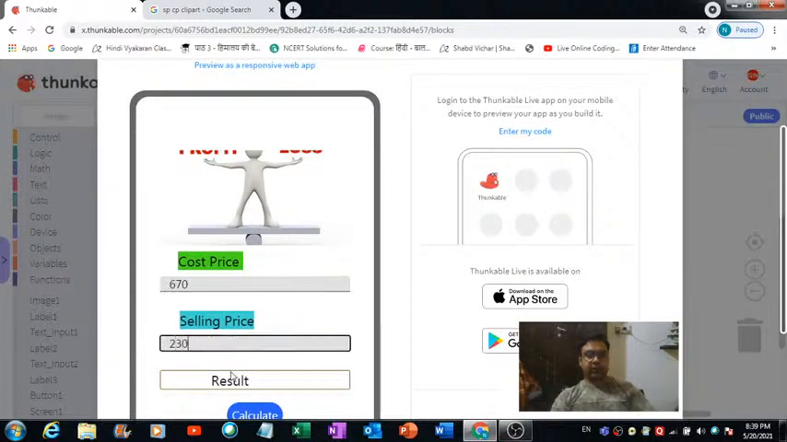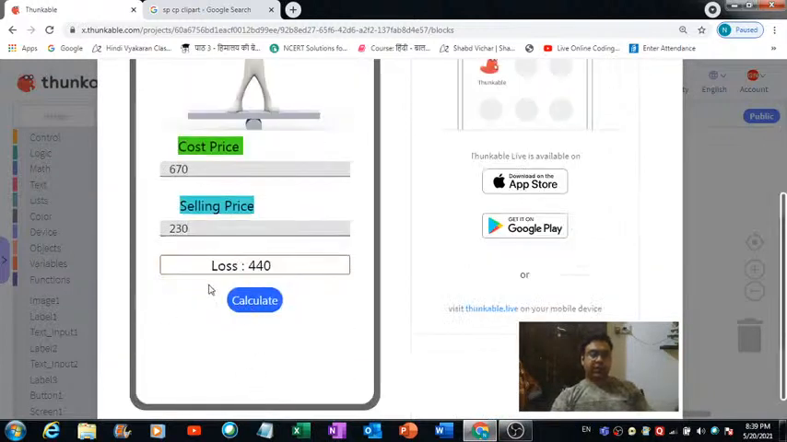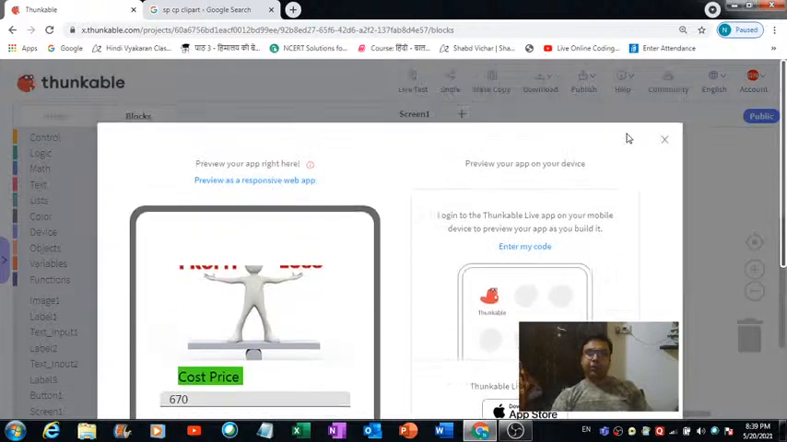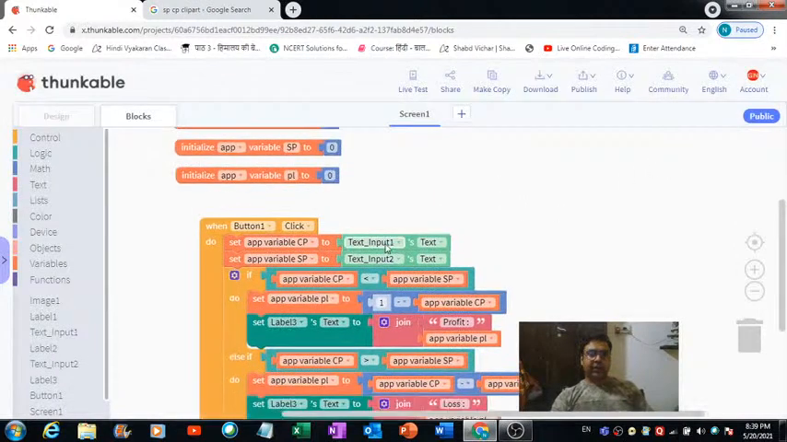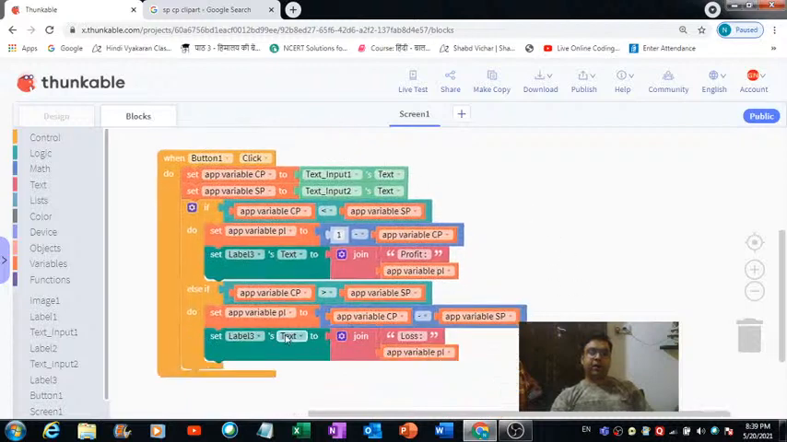$670, 2230, calculate. Yes, we are now getting the correct output. So that's where we were making the mistake. We were directly subtracting the values of these text input boxes. The procedure you have to follow is you have to first save the values entered by the user in these two variables. Then you have to compare the values,